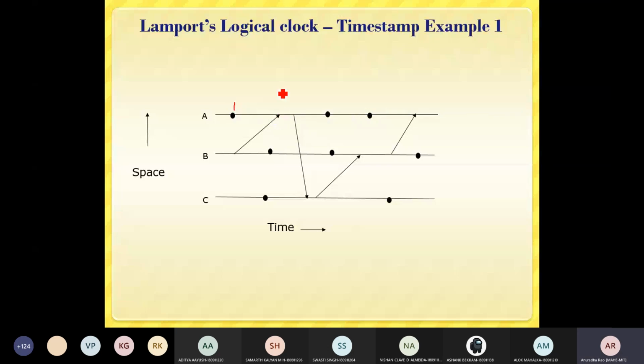Now the second event. You will have to interact, otherwise I'll stop, because I will assume that you people know, and then I'll continue with the concepts which have to be given for today's class. Yeah, is anyone ready to give what should be the timestamp for the second event, which is a receiving event in A? It should be 2, or it should be 3, or what?